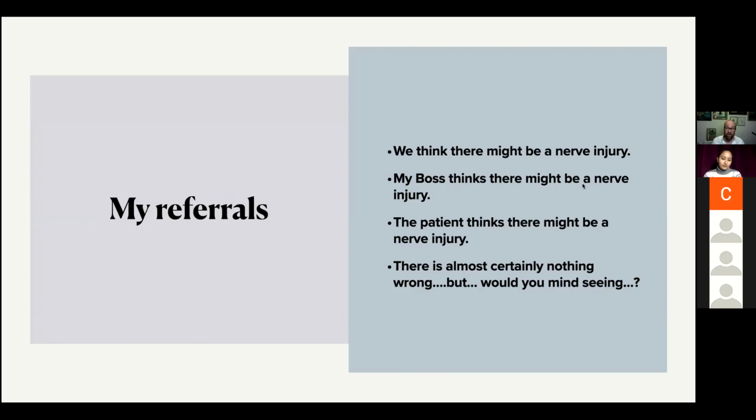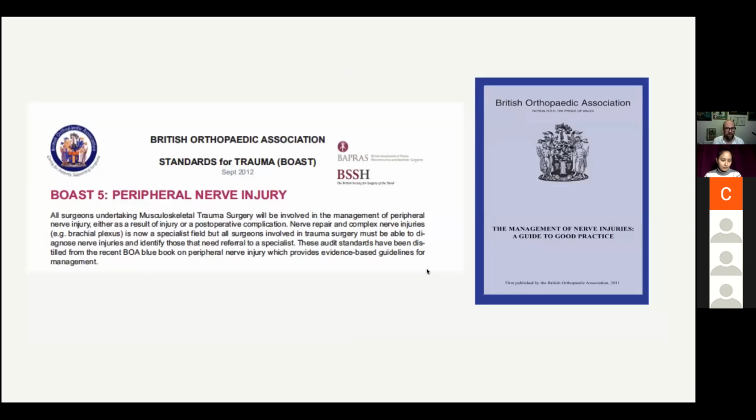We think there might be a nerve injury. That means no one's looked. That means the patient's complained of something and no one really knows. Or my boss thinks there might be a nerve injury, which means the boss hasn't examined the patient and I haven't examined the patient either. Or the patient thinks there might be a nerve injury. And then they almost always say, it's almost certainly nothing wrong, but could you see anyway? Because they're obviously worried. And so to try and avoid that, we've got some standards here in the UK,